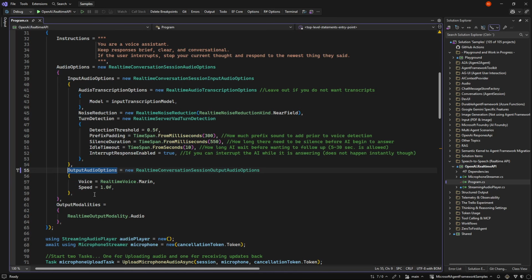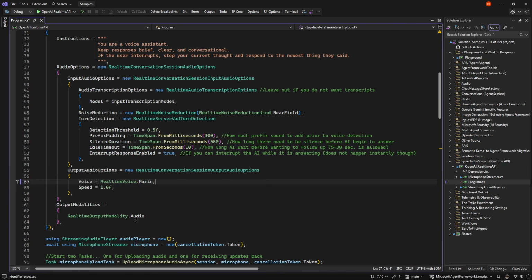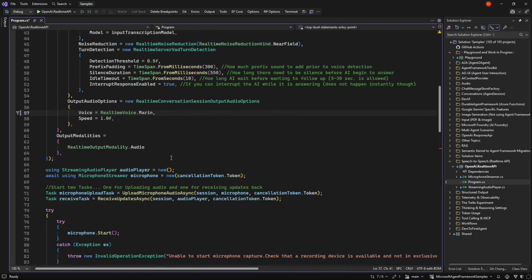Then we have output, where we can control how fast they speak and which of the different voices we want to have, male or female. I've used this Marin. It sounds nice. And for output, we just tell it everything is audio. Technically, the real-time API can also work with images and text, but that's beyond this video.